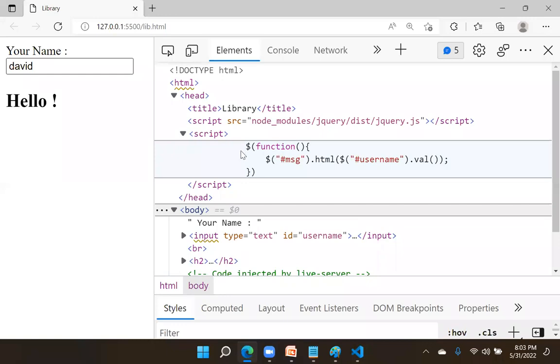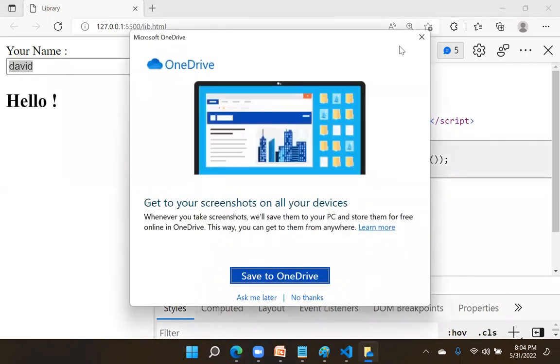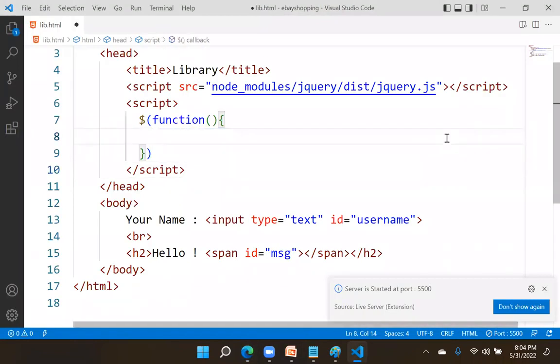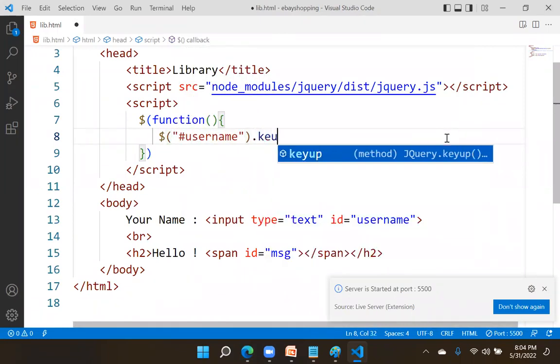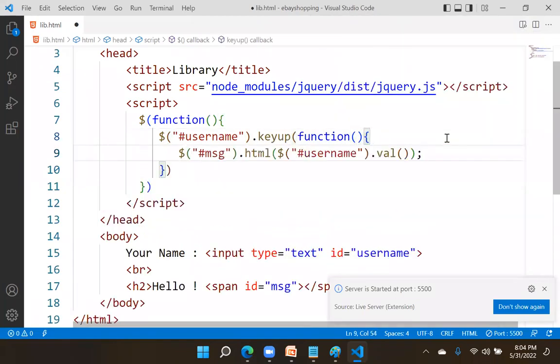That means now what I have to do is tell when to update this message with the username. When to update that message with username: when the user is typing the message inside the text box. While typing, I need to update. Then we need to use a lot of events. You see what I will do now. I have to write an event. What is that event? Hash username dot key up. You know that JavaScript has a key up event. Am I right? On key up, I have to do this.